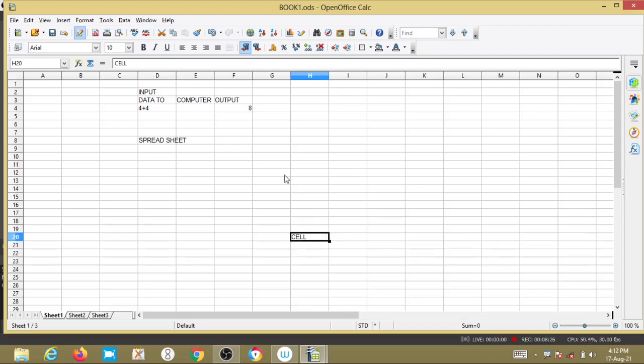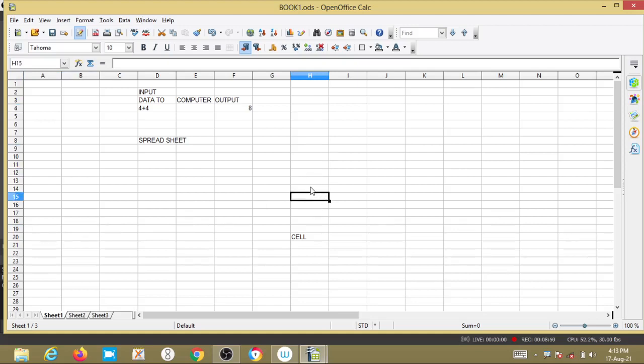So that's why a spreadsheet is a computer application that consists of multiple cells organized in the form of rows and columns.